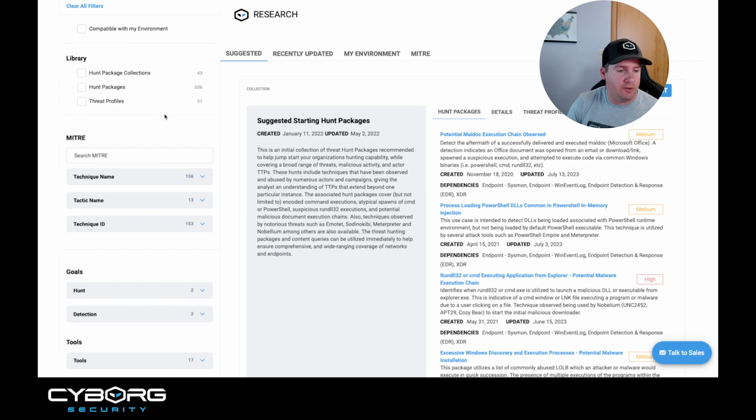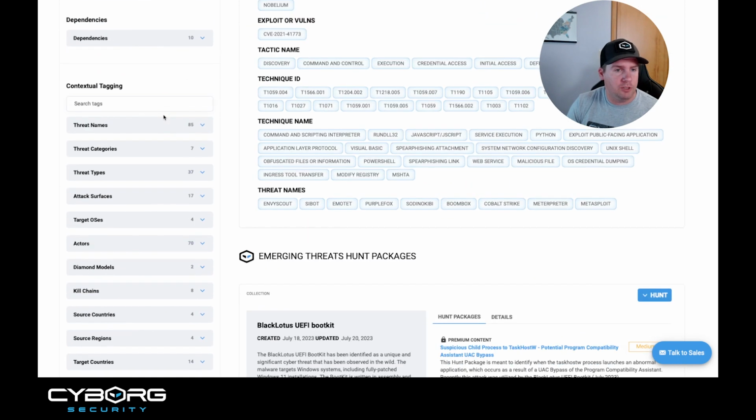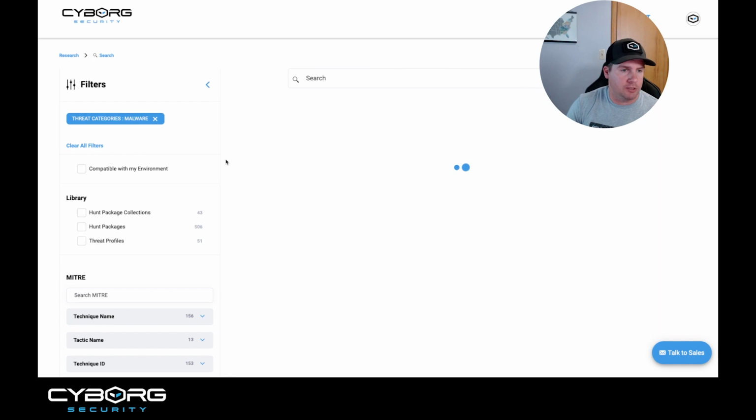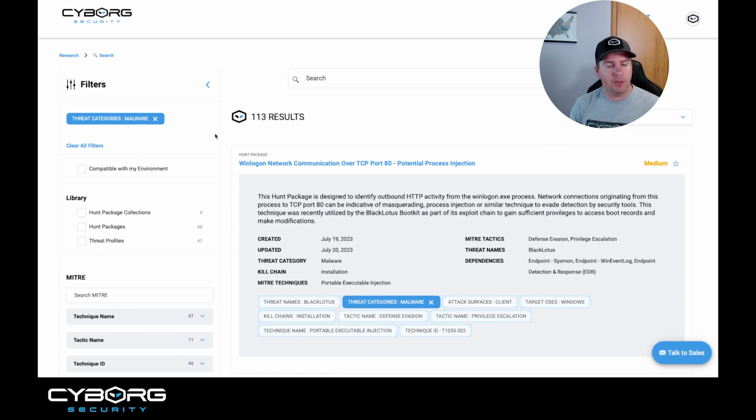We're going to drive down, scroll all the way down to threat categories. This is going to give us the best place to start because malware is actually one of the filters. As you can see, we have 66 hits there. So we're going to start there. Now that we have a lot of results, so we have 66 hunt packages, but we also have the threat